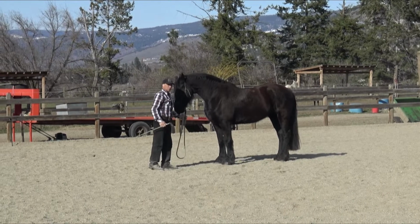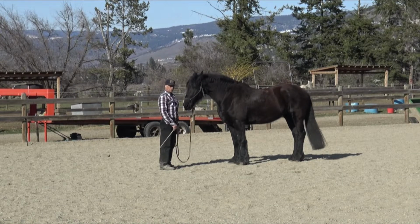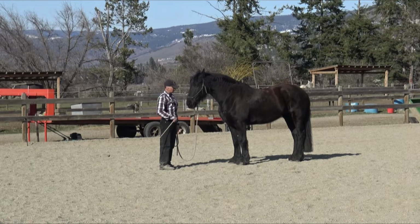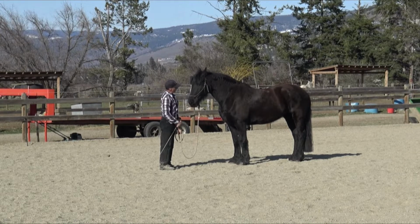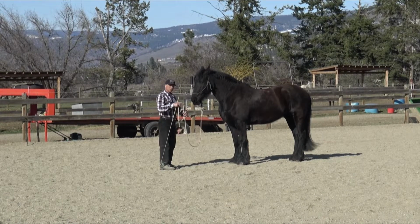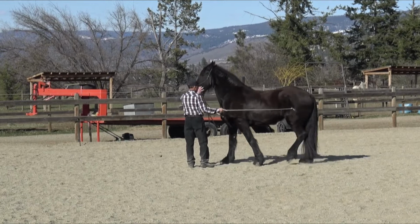So even though we didn't do that many tries right now, what we could do, as soon as I give her a bit of a chance here to get the feel good from the exercise, and those reflexes that have kicked in to start to relax are starting to take effect. So she's salivating a little bit longer. The muzzle started to get a little bit more relaxed. The eyes getting more quiet. There's more softness in the body. But when she starts to get this, what will happen is that if I just send her out on a circle,